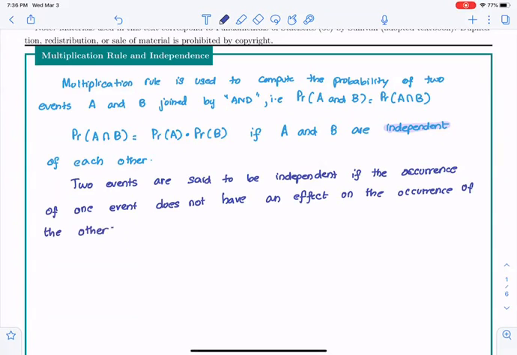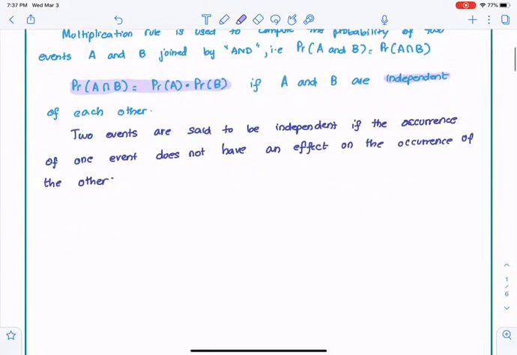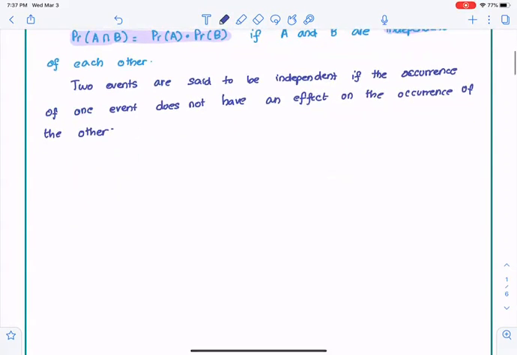So the rule that I wrote, that probability of A and B is equal to simply the probability of A multiplied by the probability of B, can only be used if A and B are independent of each other. So what does independence mean? Well, if A happens, it doesn't have an effect on B. And B can have the same probability, whatnot. So in terms of an example, let's say